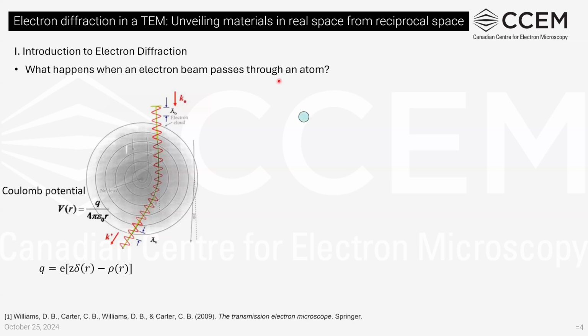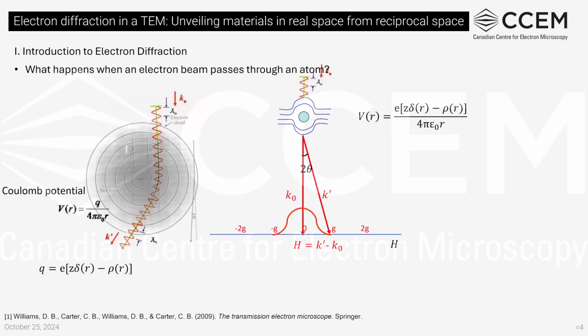So here again, this is our atom. This is the incoming electron. It interacts with the electrostatic potential, contributed from both the nucleus and the electron cloud. The electrostatic field acts as an electrostatic lens. Then a question: in Fourier optics, what does a lens do? In Fourier optics, a lens performs Fourier transformation. The Fourier transformation creates a space, the Fourier space. It is also called reciprocal space.